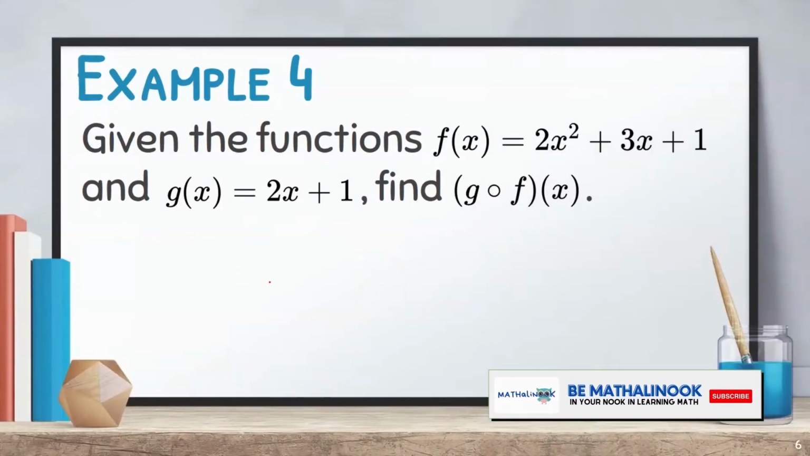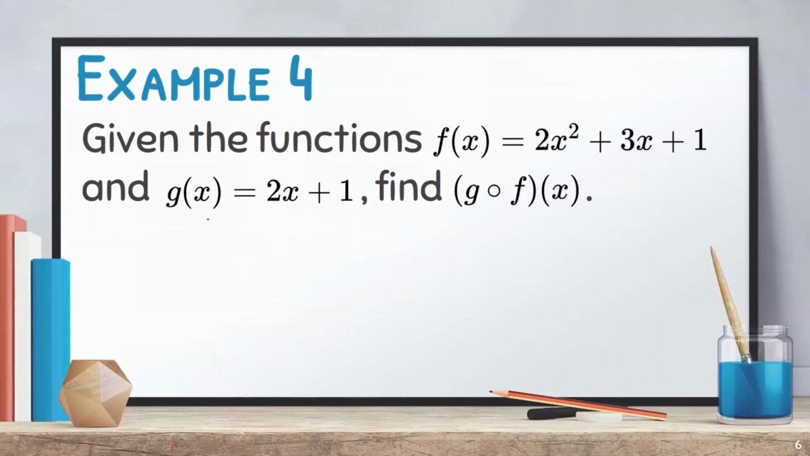For the last example, given the functions f of x equals 2x squared plus 3x plus 1 and g of x equals 2x plus 1, find g composition of f of x. So here, g composition of f of x is equal to g of f of x. So from here, notice that we need to change the x on the g of x by the f of